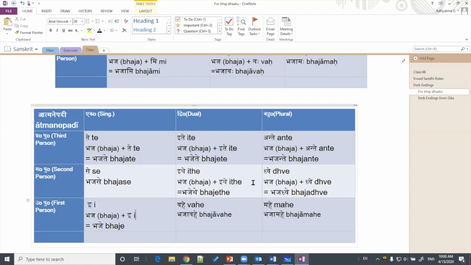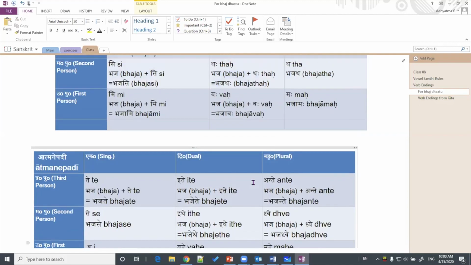Question, is there a finite set of dhatus that are ubhayapadi or atmanepadi? Yes. The whole dhatu kosha has only 2000 dhatus, so that itself is very finite. Within that, we have this categorization, whether it's parasmaipadi, atmanepadi, or ubhayapadi, meaning whether it takes the first set of endings, the second set of endings, or both sets of endings. How do we learn which dhatu is ubhayapadi? I said you have to look it up in the dhatu kosha. The dhatu kosha is the guide telling us which dhatu takes which endings.